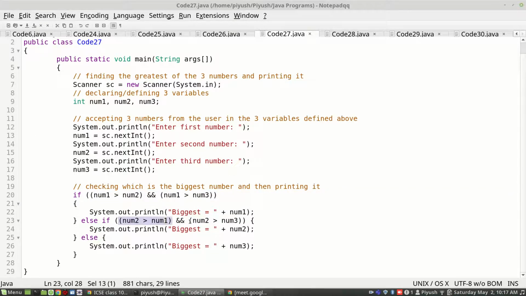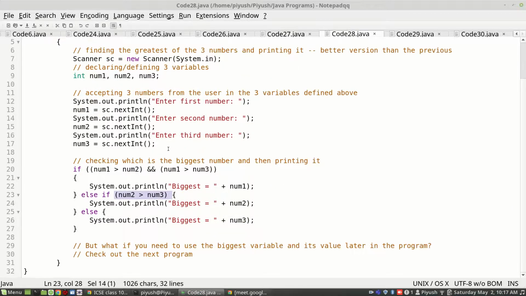We only need to check num2 with num3, because if num1 is not the biggest, then it is quite evident that either num2 or num3 will be the biggest. Since it has failed the check for num1 being the biggest, the only possibility is num2 being greater than num3. So writing the extra check is not necessary. In the next program we improved upon this and did not write that, and without it our program worked.